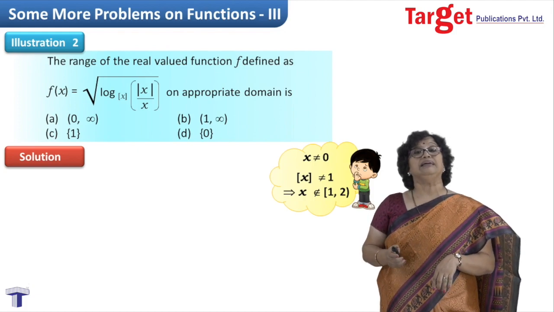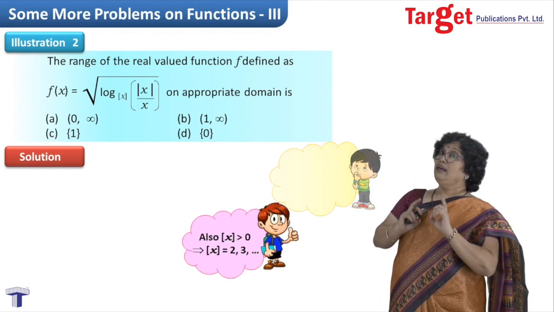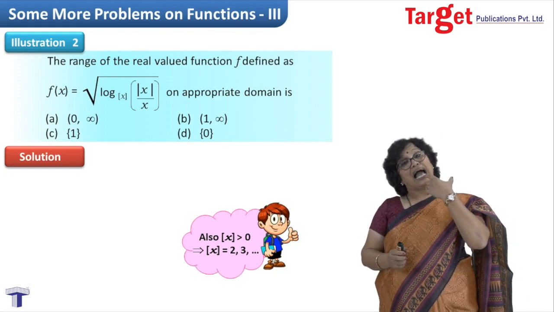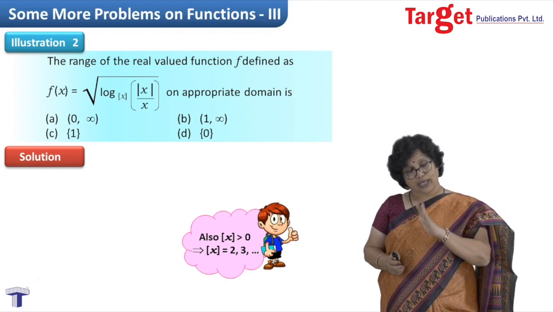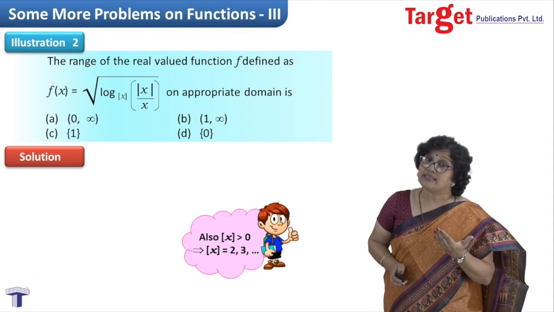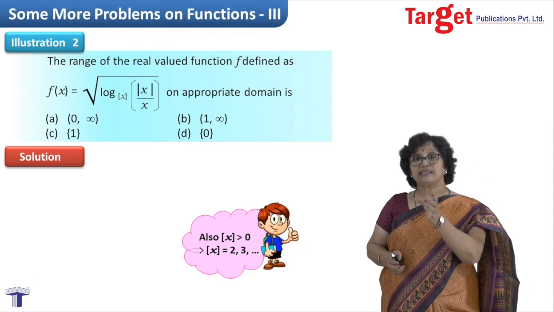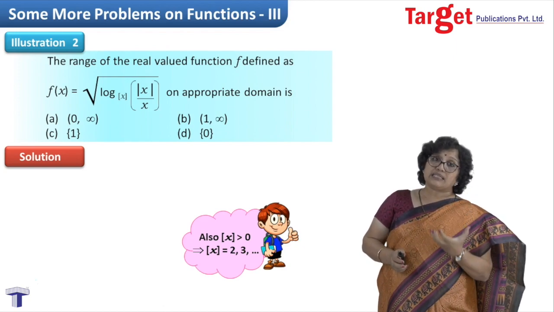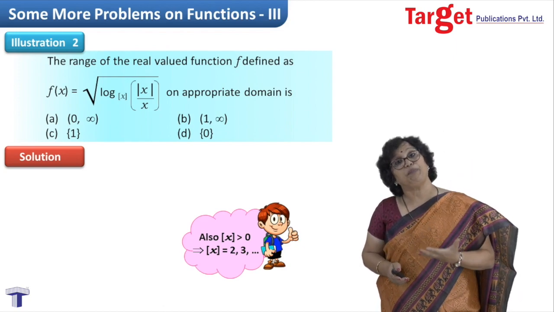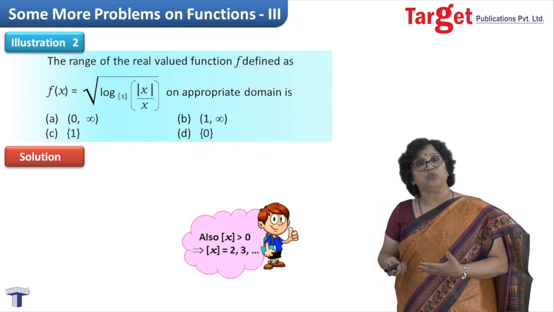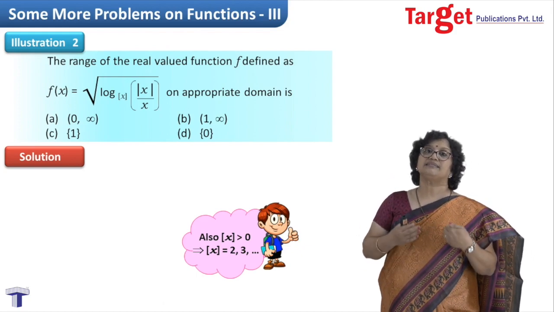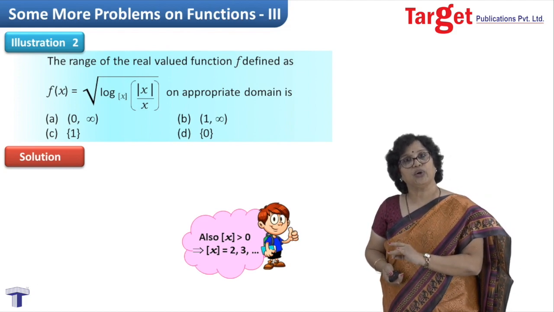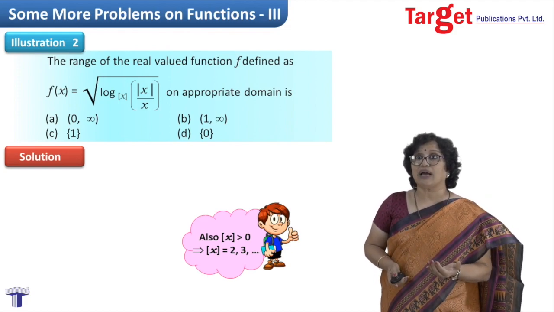Also, we have not yet seen that greatest integer of x is the base and the base has to be positive. Okay, greatest integer of x is not 1, and the additional information is that greatest integer of x, which is the base, has to be positive. Now what does this lead to? That means greatest integer of x can start taking values 2 onwards, means it can be 2 or 3 or 4, and accordingly x will come into picture.